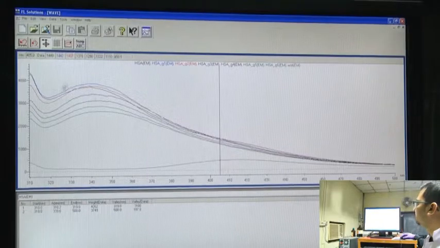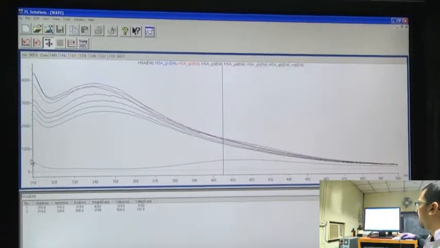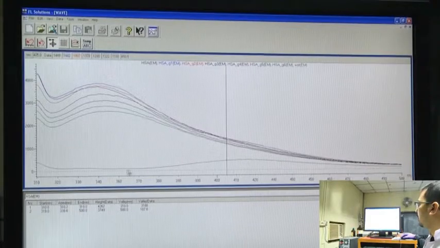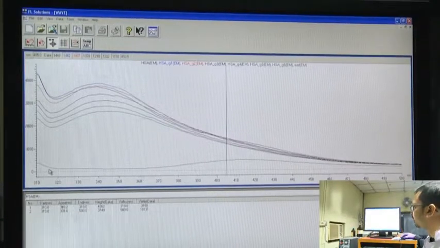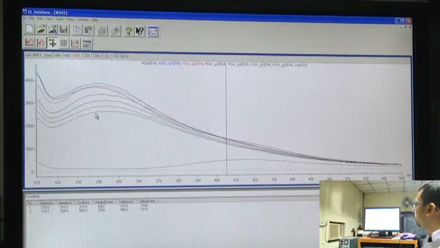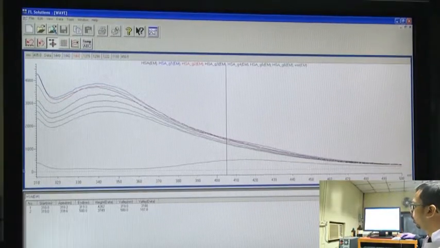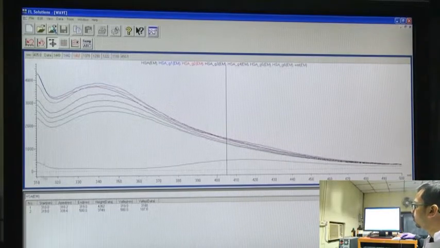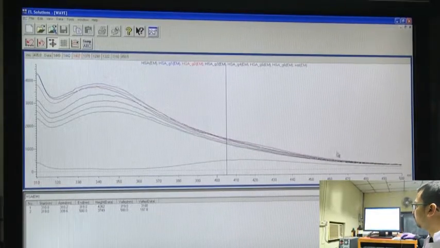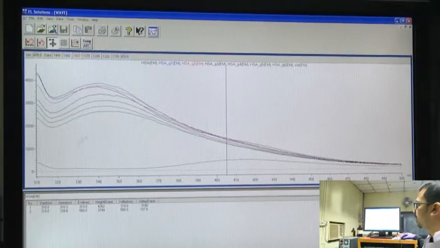Here we can see these are for HSA and guanidine hydrochloride, and this is for pure double distilled water, and the intensity is pretty low. It is much lower than that of the native protein, because no such fluorescent component is present here. However, this trailing part in the region around 310 or 300 or lower is coming from the water. So, we have to subtract this double distilled water spectrum from this one, and then we can get the true emission spectrum of HSA.